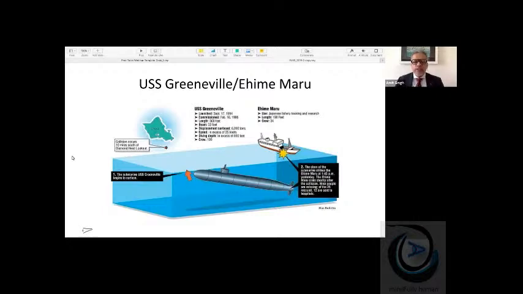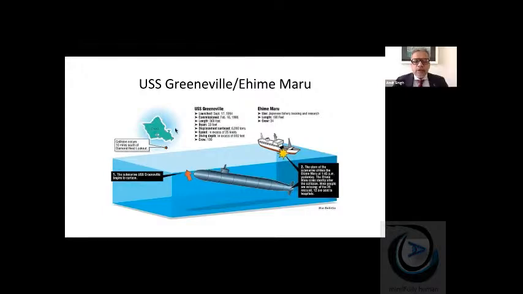They put the periscope up. They did a 360-degree scan so that there is no fishing trawler or ship or anything which could be harmed anywhere around it. He confirmed nothing. The officer in charge did a scan on the periscope. He did not see anything. Then they performed the maneuver. When they came up, the stern of the submarine went through Ehime Maru.